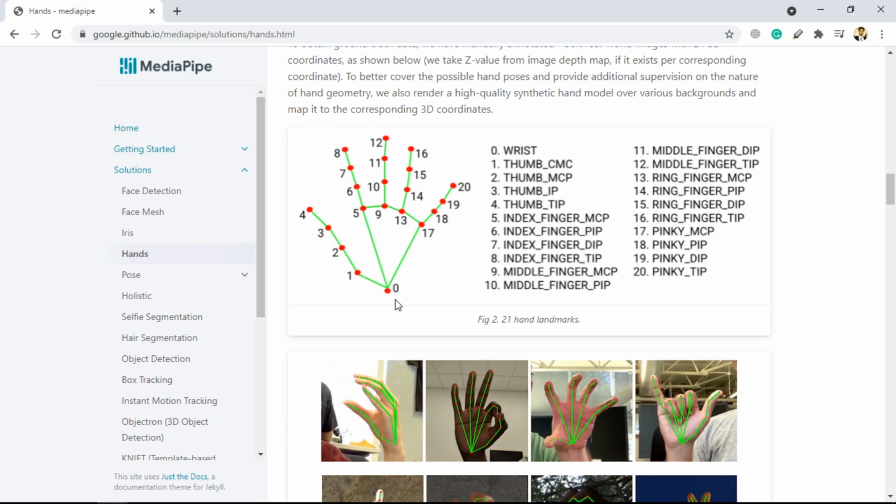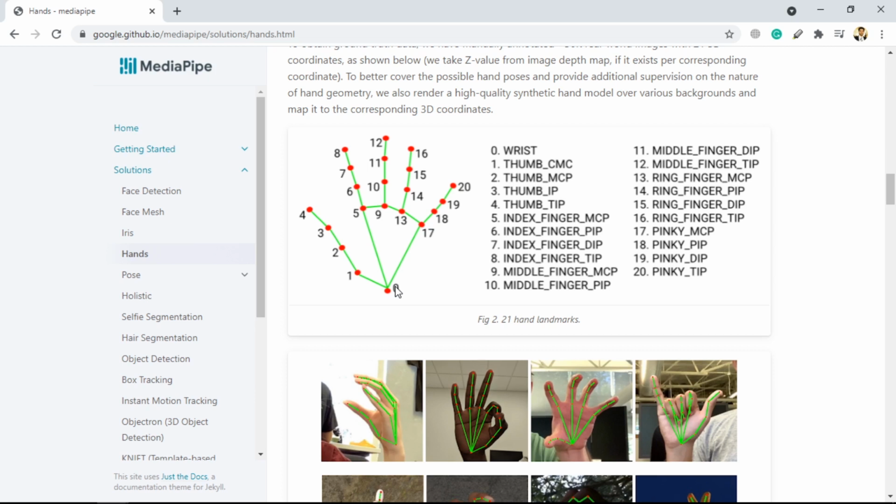It will detect where the wrist is, where the thumb is starting, where the middle of the thumb is, where the end of the thumb is. Same for the index finger, second finger, third finger, and the fourth finger. So it will detect all the points available on that hand, and we usually refer to those points as landmarks.